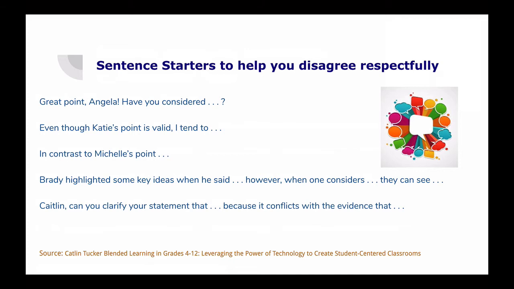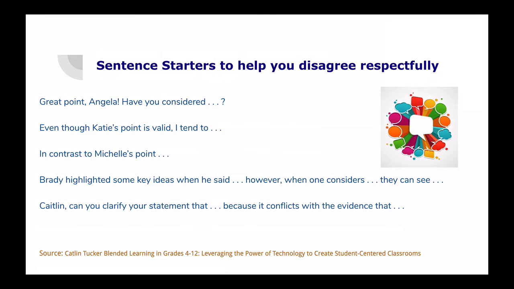Great point, Angela. Have you considered blank? And then you can push on her to help her consider a different or an alternative perspective. Even though Katie's point is valid, I tend to believe that blank, and then you can post your point. In contrast to Michelle's point, I would argue, or I would submit for consideration, blank. Notice that in all of these blank spaces, that is occasion for you to think deeply and express those deep